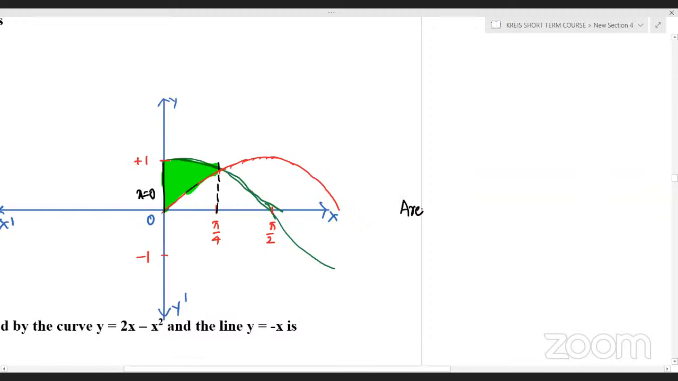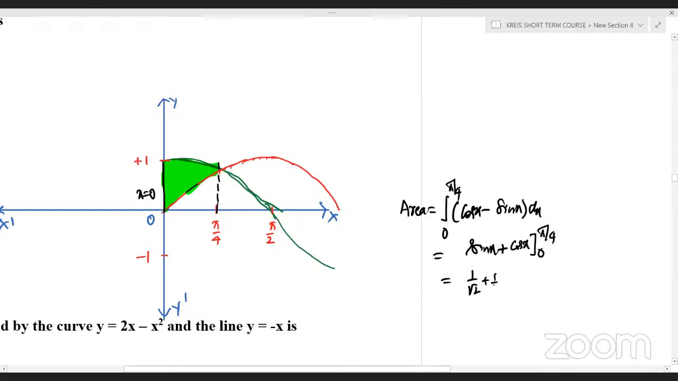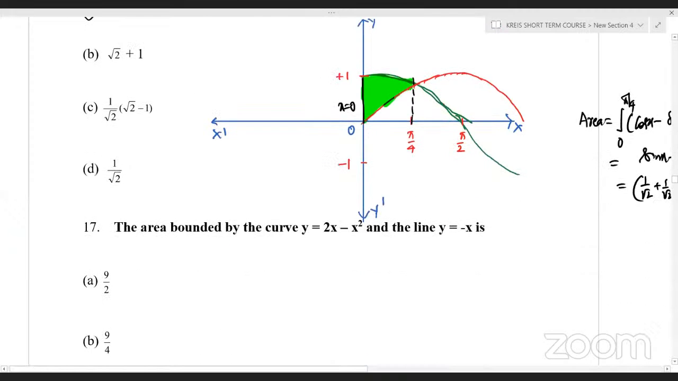The required area is nothing but integral from 0 to pi by 4. Upper curve is going to be cos x, lower one is going to be sin x, integrated with respect to x. Now cos integration with respect to x is going to be sin x. It is sin x minus sin x integration, which is going to be cos x. So it is sin x minus cos x evaluated between 0 and pi by 4. So at the upper limit 1 by √2 plus 1 by √2,